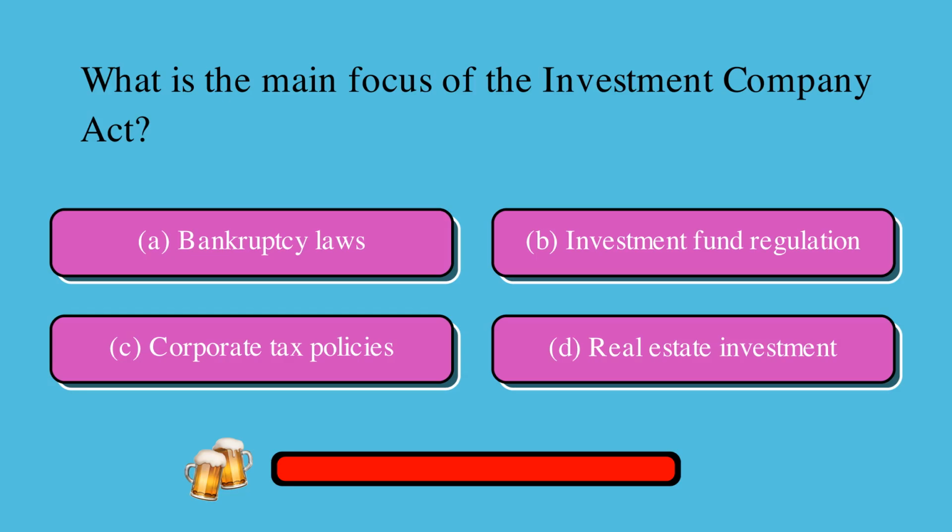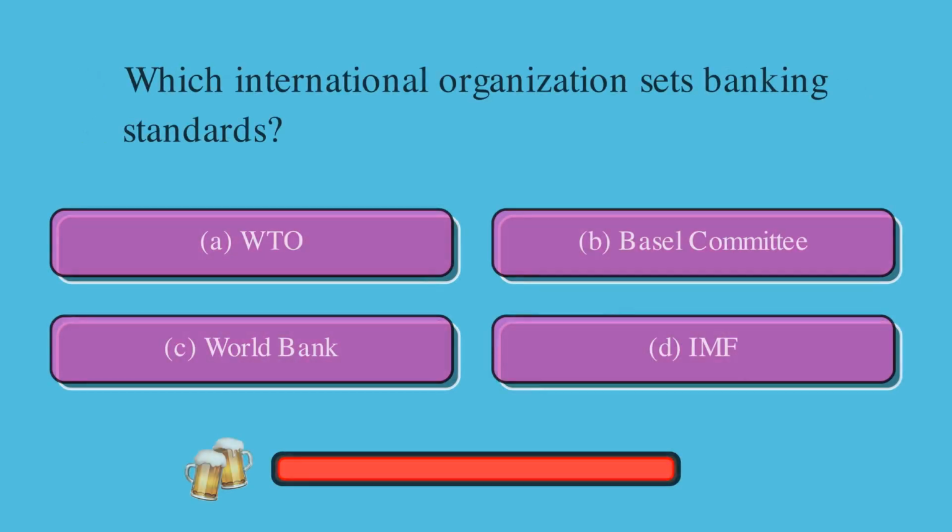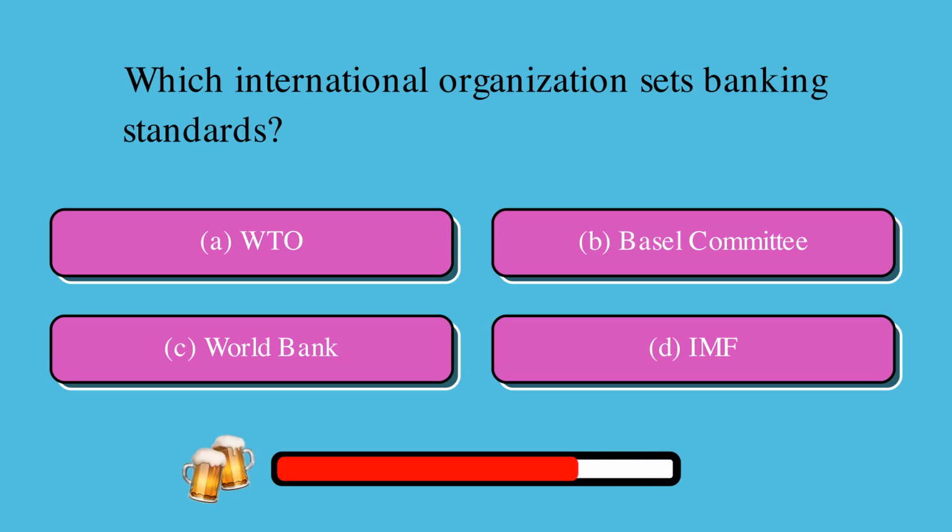What is the main focus of the Investment Company Act? Is it A, bankruptcy laws, B, investment fund regulation, C, corporate tax policies, or D, real estate investment? The correct answer is B, investment fund regulation. Which international organization sets banking standards? Is it A, WTO, B, Basel Committee, C, World Bank, or D, IMF? The correct answer is B,